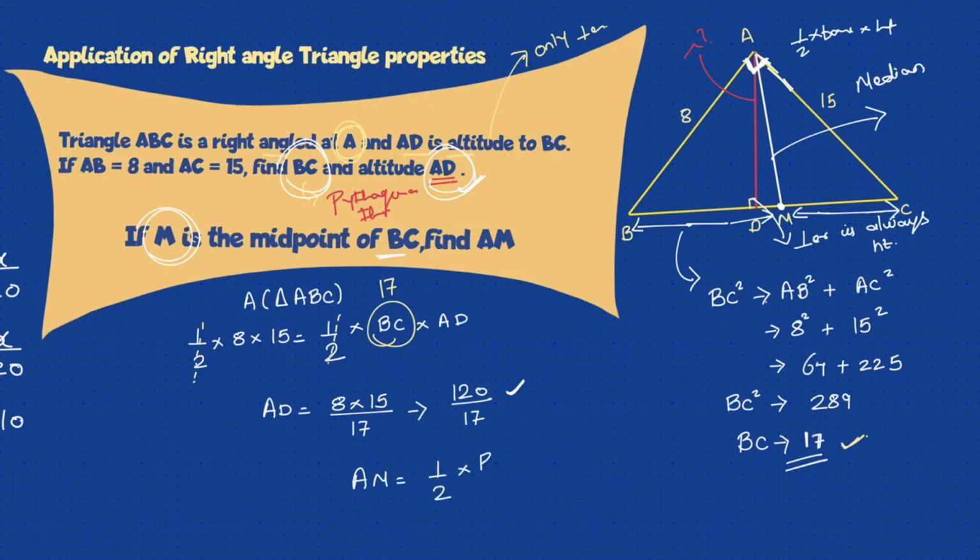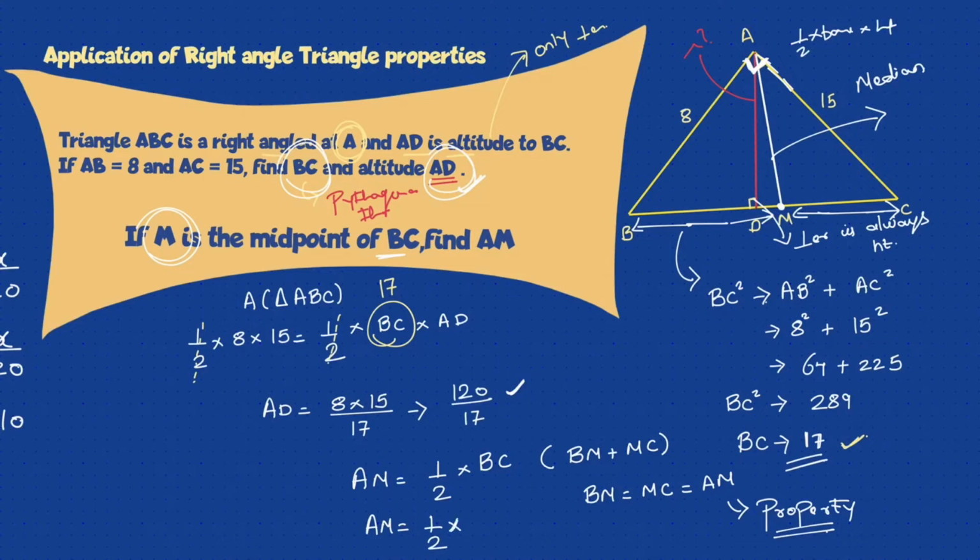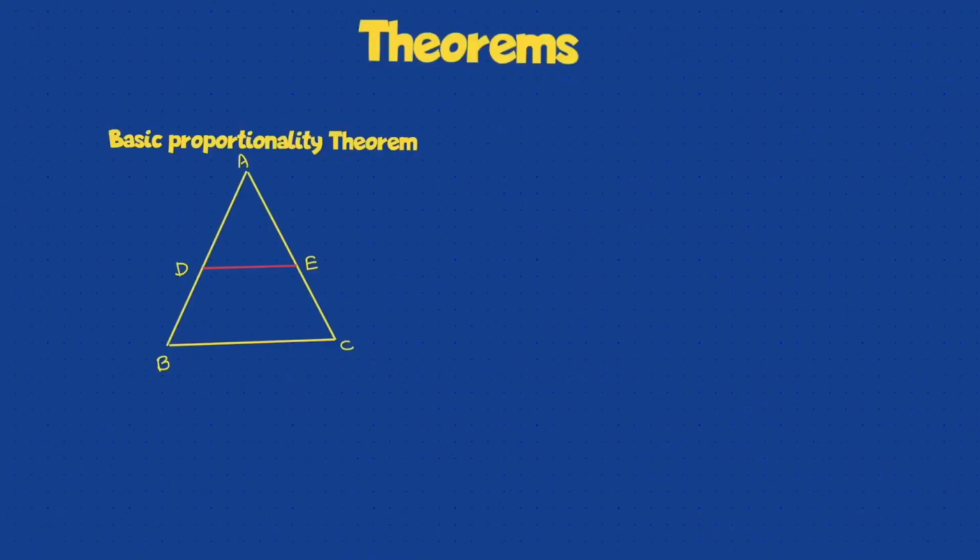I know BC is the hypotenuse. AM is nothing but the median here. AM will be equal to half of BC. We have learned this, right? AM will be equal to MC will be equal to MB. Okay, and all of them will be equal. So AM is equal to nothing but half of hypotenuse BC. We already know this. So AM is half of what? 17. So half of 17 is nothing but 8.5. So just applying the property of circumradius. Okay, median will be equal to half of hypotenuse. That's how I apply the property of right angle triangle.